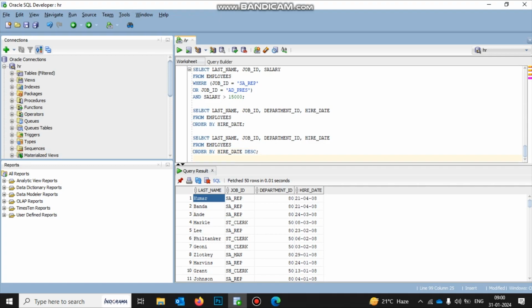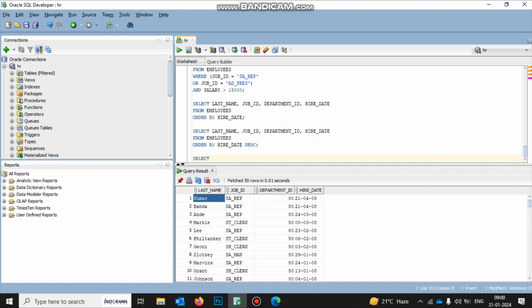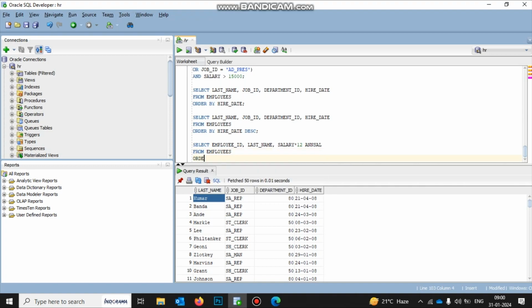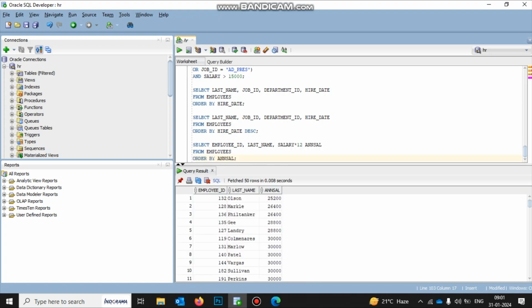Okay. Now, sorting by column alias. Select employee ID, last name, salary multiplied by 12 as ansal from employees, order by ansal. As I said previously,